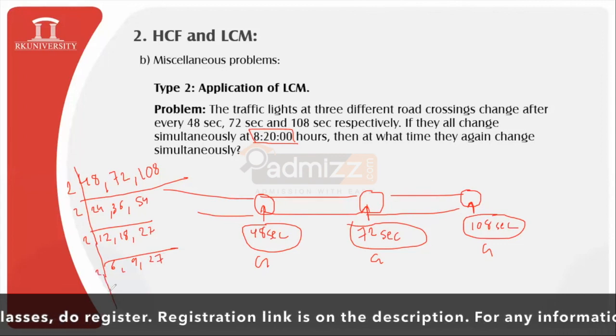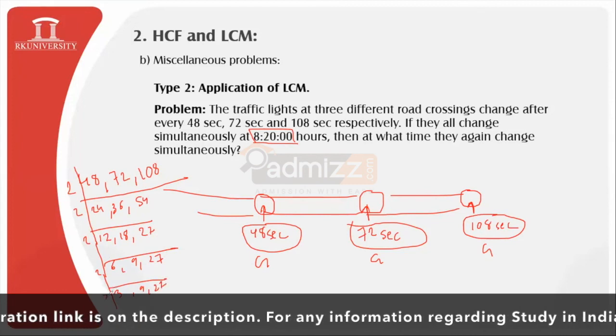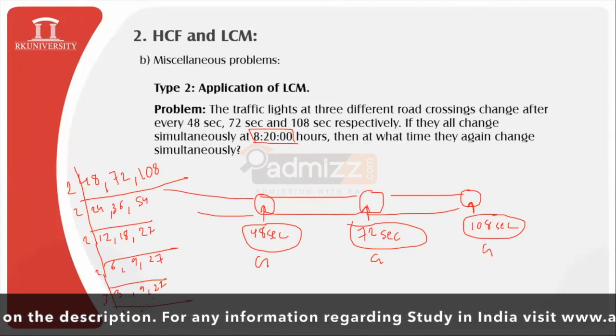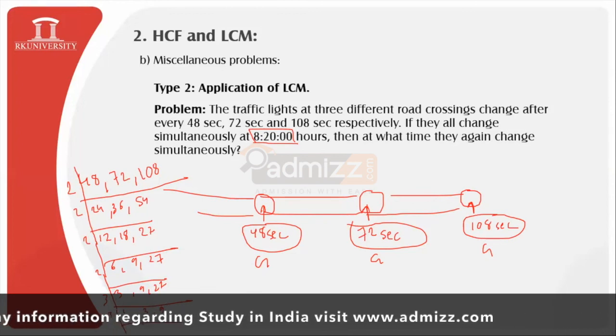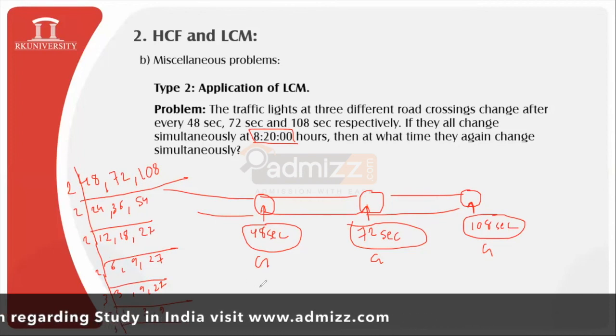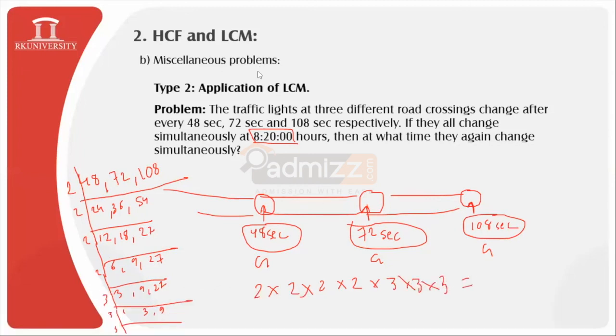Once again 2 will be over here, 3, then we have 9, 27, once again 3, then we have 1, 3, 9, once again 3, and then once again 3 will be there. So finally it is 2 into 2 into 2 into 2, then we have 3 times of 3. If you do the simplification, you will come up with the answer. And yes, very good. Students are really active and I really appreciate your efforts. 432 is the LCM value.